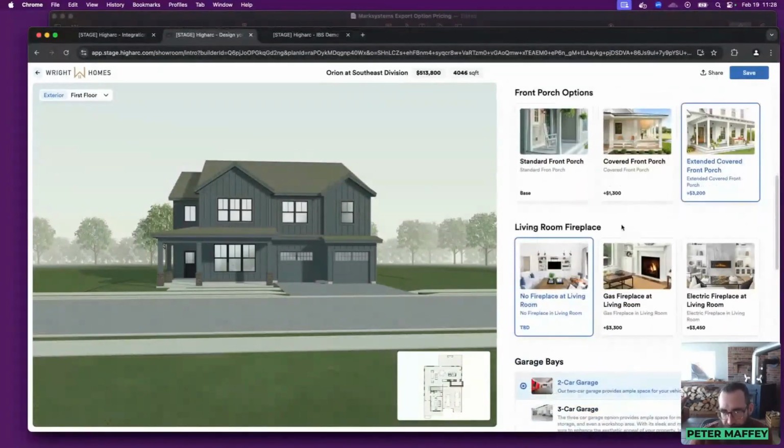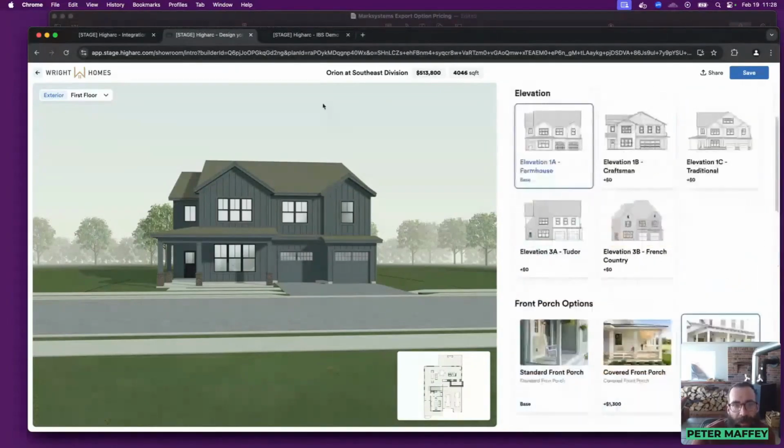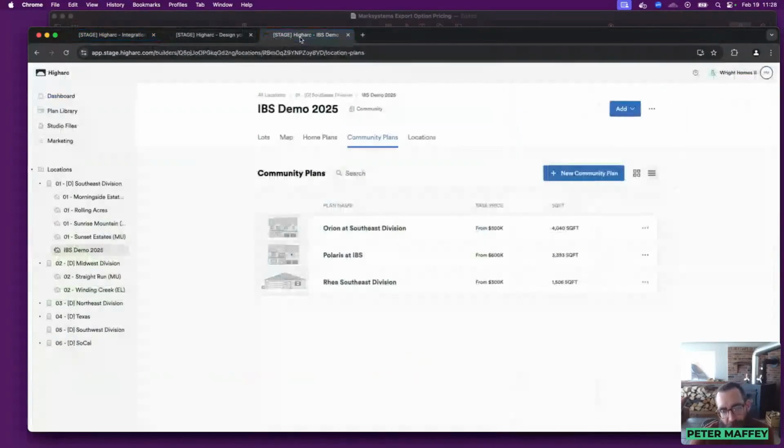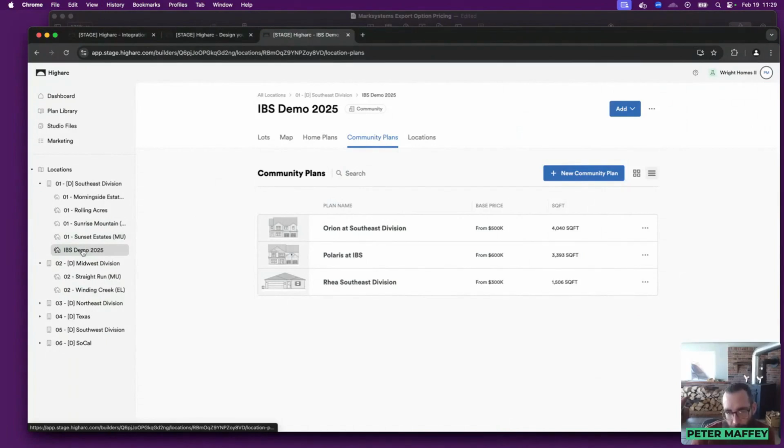We have specific pricing for these options for this plan in this community. Where that becomes relevant is when you have multiple locations with divisions, and each plan has a dozen to 30 different options. Managing the pricing across all those different locations and communities, you don't want to be doing that in multiple places, and you don't want to be doing that in a sort of